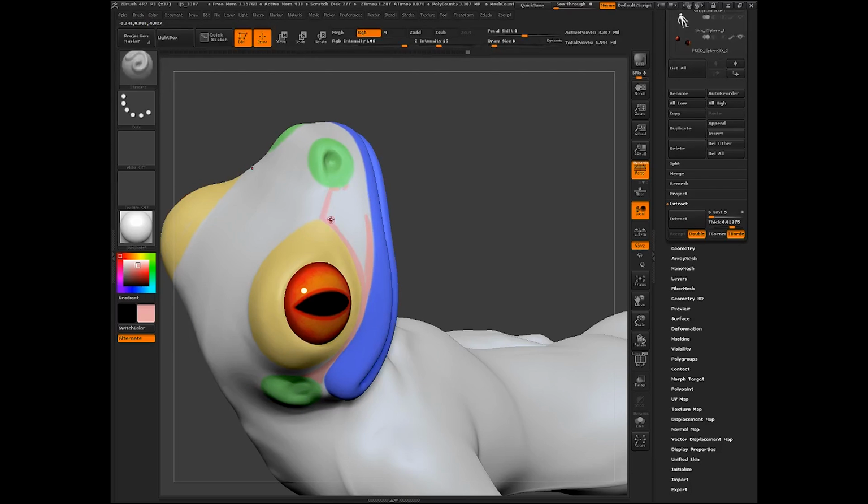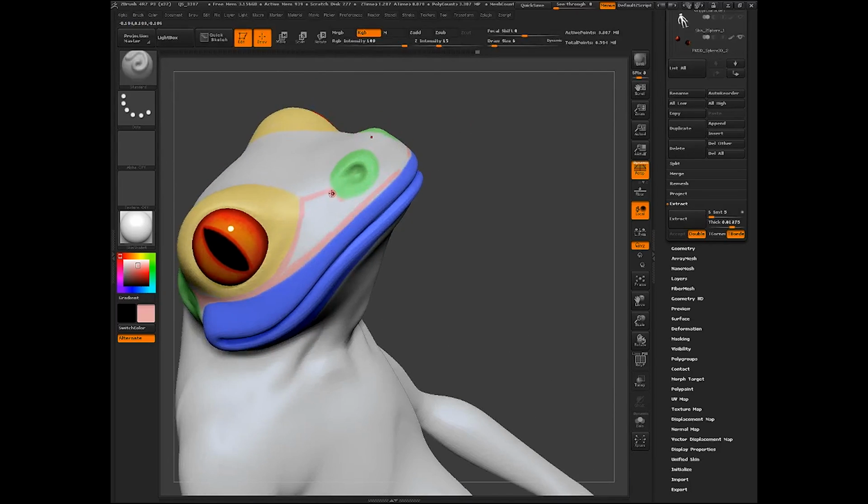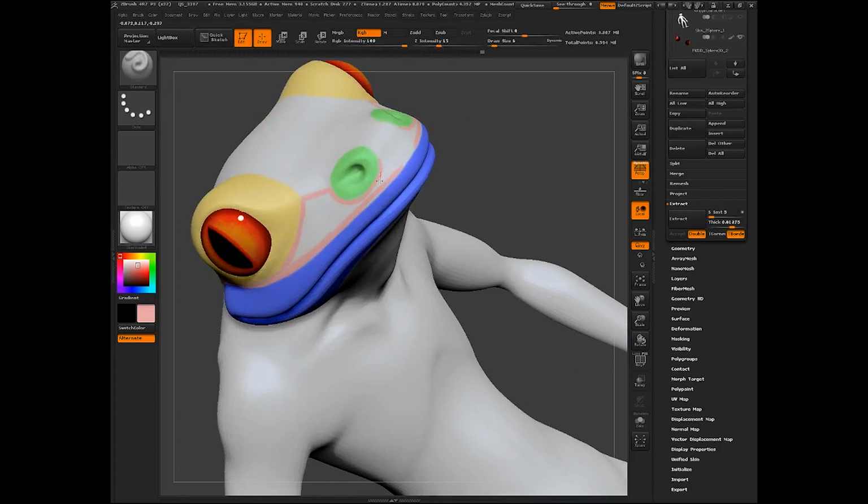So I'm going to bridge the eye to the nose. Okay, paint around that green nose, and then we're going to tie things off here. And I brought that up a little bit so it can be consistent with the edge that's going to connect to the eye.